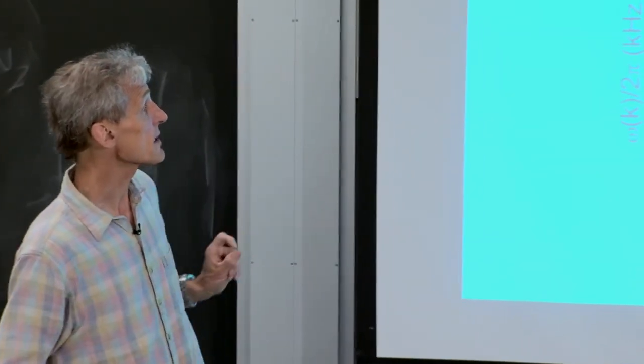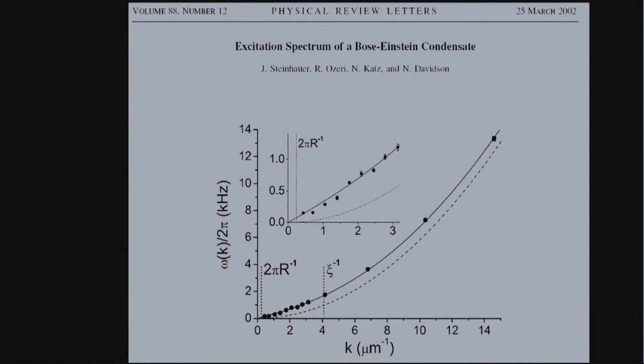And a few years later, this method was refined by the group at the Weizmann Institute. What you see here is they varied the angles between the two laser beams, realizing different momentum transfer. And what you see is the linear dispersion relation for low momenta, and then the quadratic part at high momenta. So this is called Bragg spectroscopy. It's a variant of Raman spectroscopy, where you go from a zero quasi-particle state to a one quasi-particle state through a stimulated Raman process. And this is how the dispersion relation is determined.